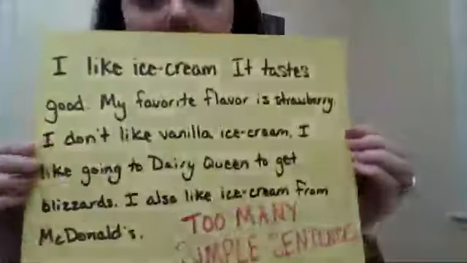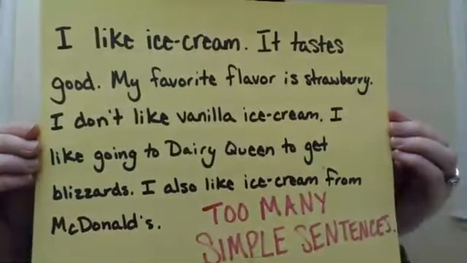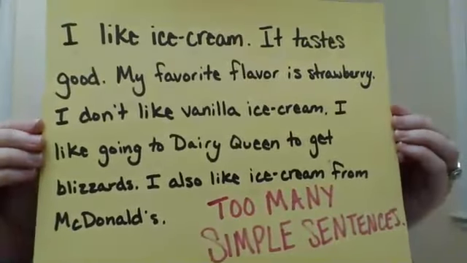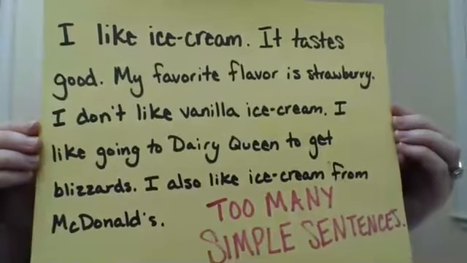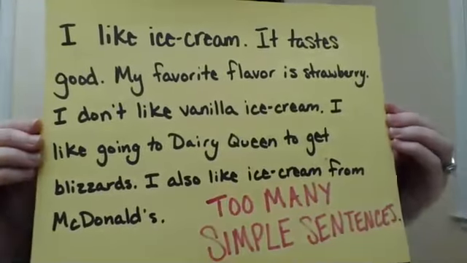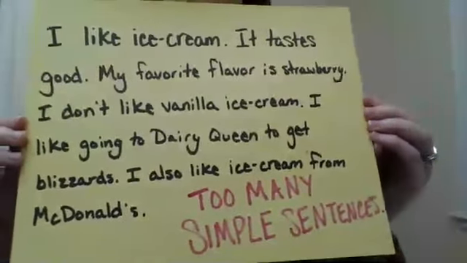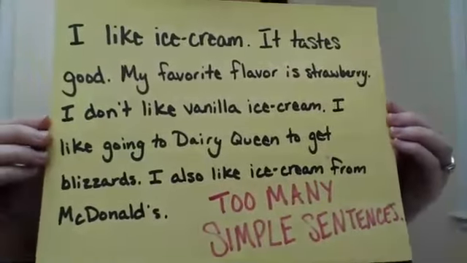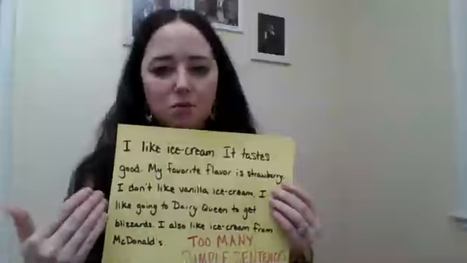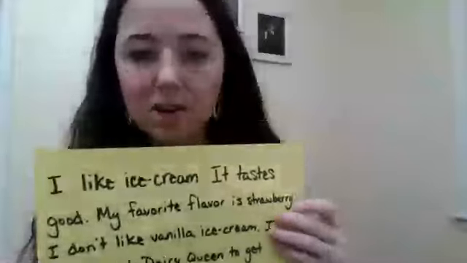I like ice cream. It tastes good. My favorite ice cream, or my favorite flavor, is strawberry. I don't like vanilla ice cream. I like going to Dairy Queen to get blizzards. I also like ice cream from McDonald's. Okay, I already wrote it down, but there are way too many simple sentences. In fact, this is completely consisting of simple sentences. This writing is so uninteresting. It's very robotic, okay? It's monotonous, as in it